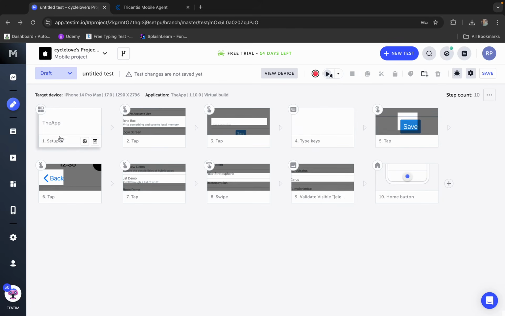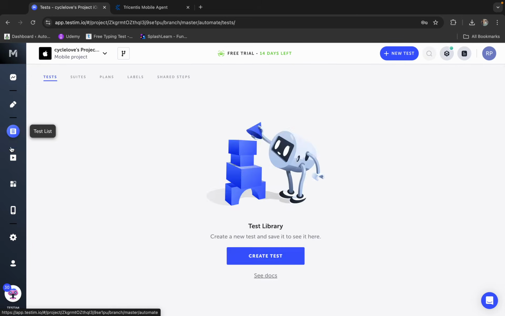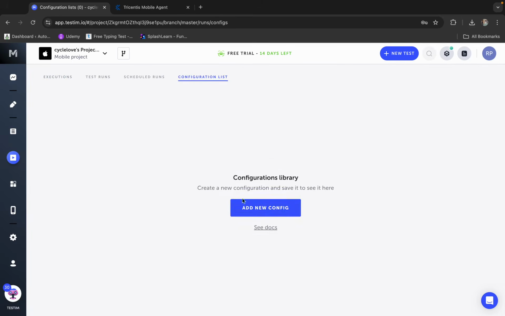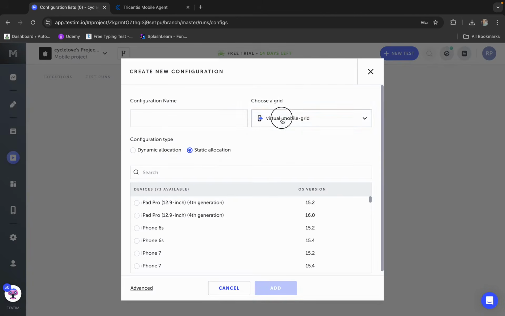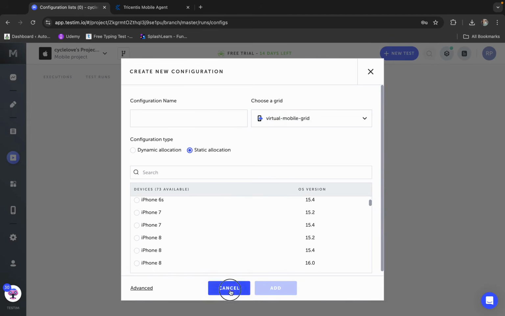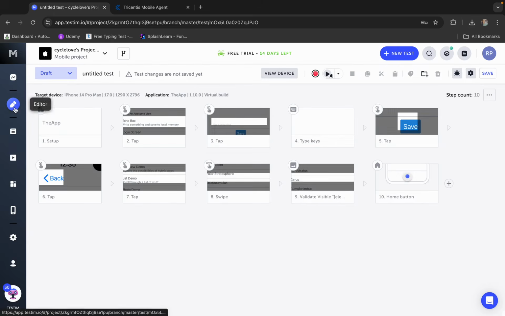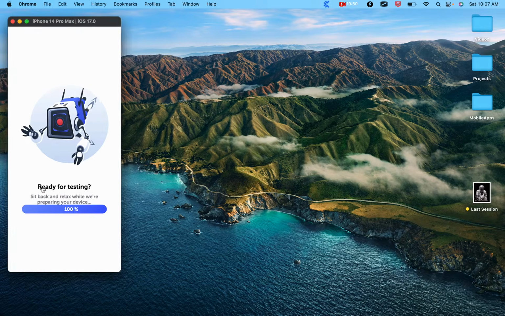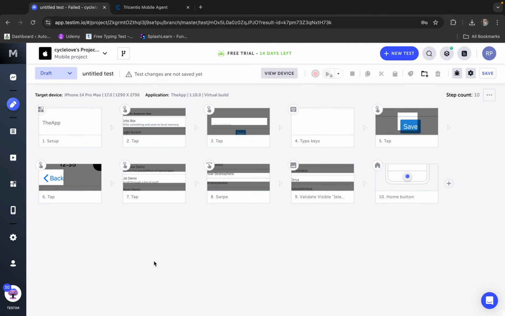So you can also go to the runs configuration list, add new configuration with whatever devices and setup you want, configuration you want. You can add it here, and that will be available here. So for now I will just run on this local with debugging, and it will run on the same device here. So it is getting the device and the app ready,